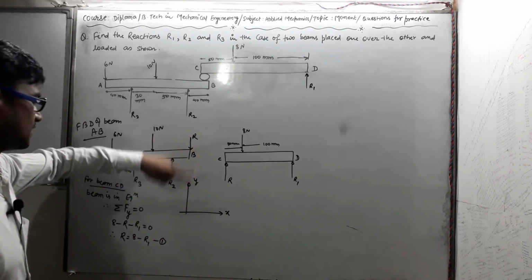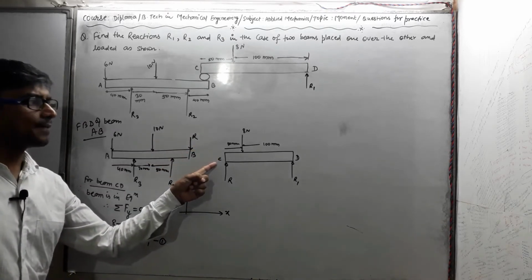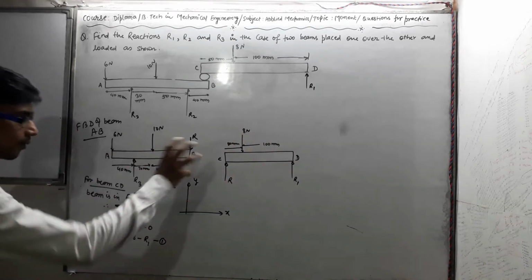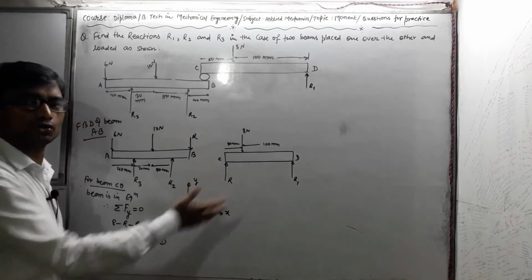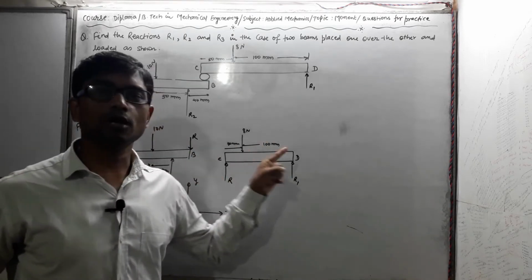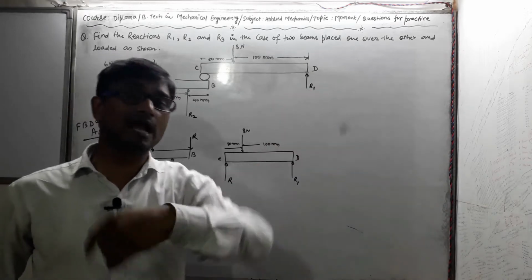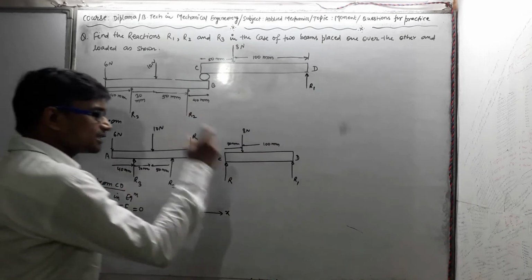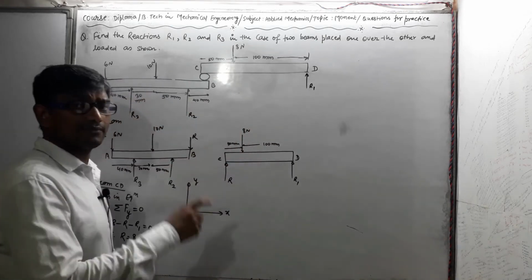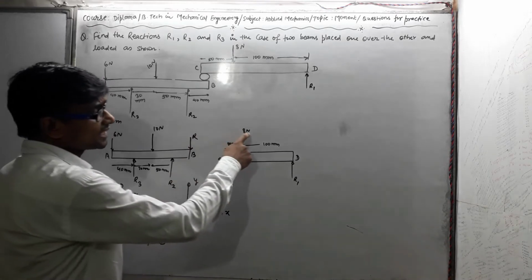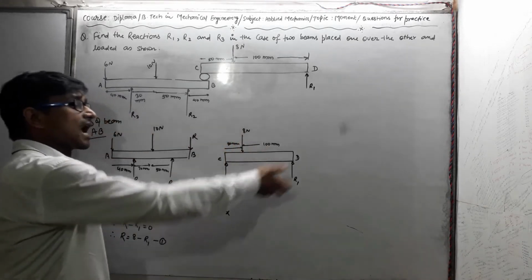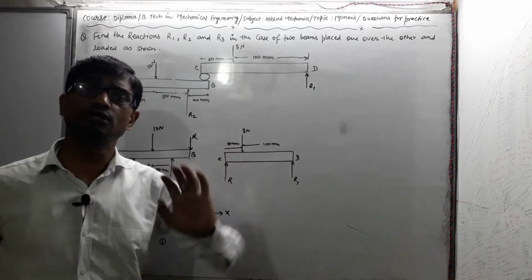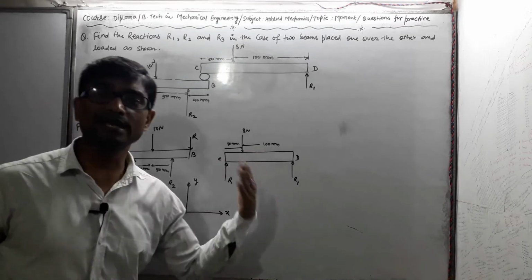So I am considering point C as the moment center, and the summation of all moments about point C is equal to 0. It means the beam has no rotational tendency, either clockwise or anti-clockwise, because each and every force that has a tendency to create a moment about point C must cancel each other, so that its rotational tendency is eliminated.